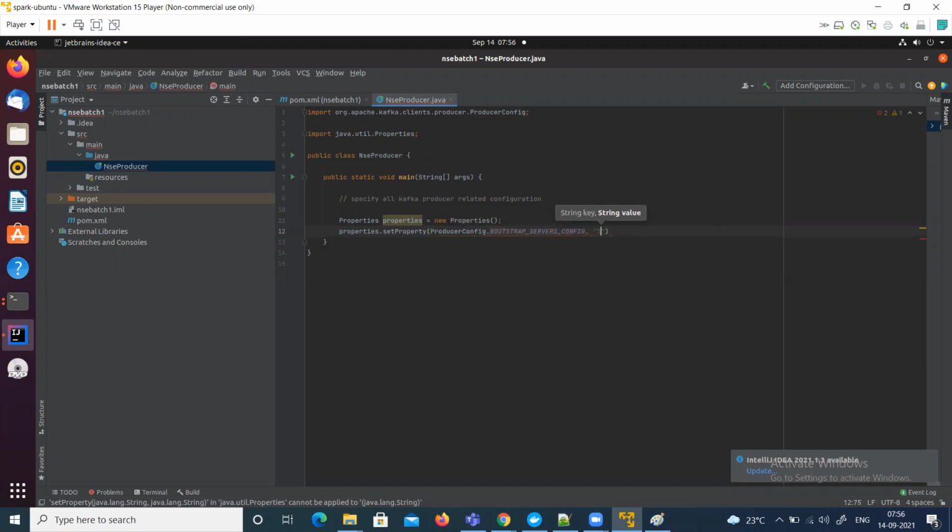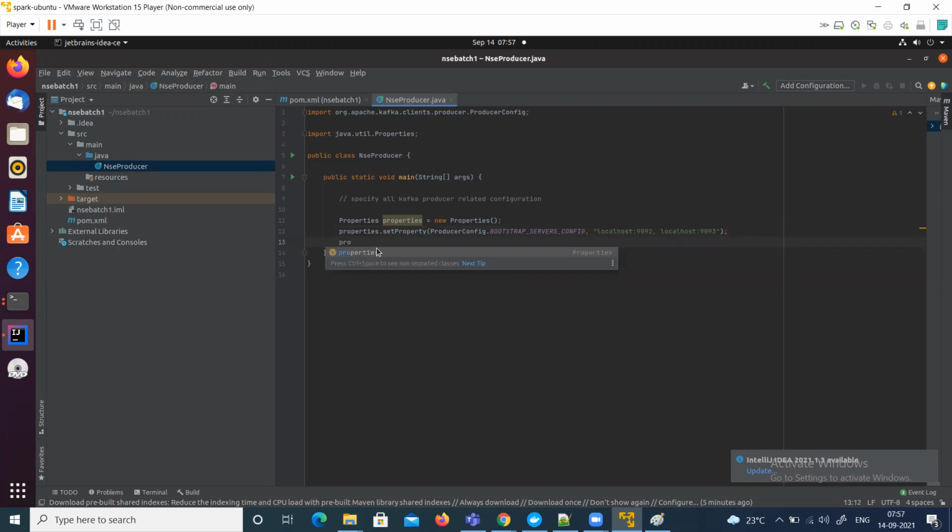I can specify my bootstrap server as localhost:9092. Optionally, I can specify one more node to connect to my Kafka cluster, so localhost:9093 is also one of the options I have. So I've specified this. Now, once I specify the bootstrap server, I need to specify